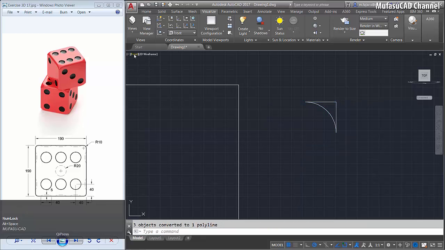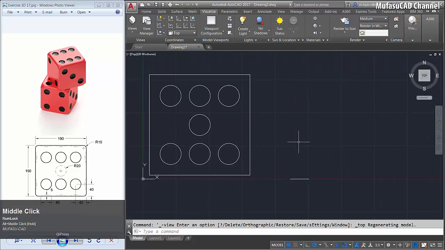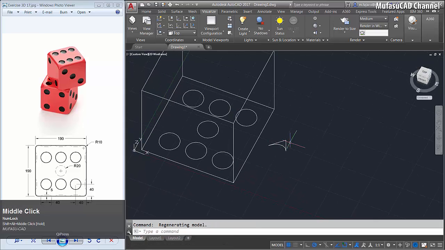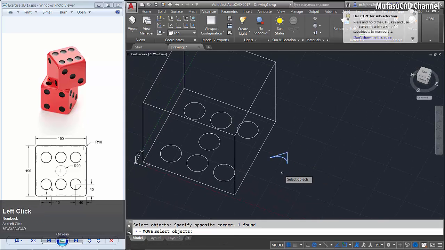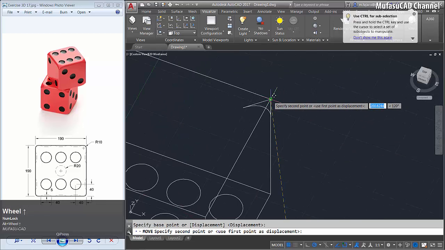Okay, and then I will change into top view, and we rotate this object from this point about 45 degrees, and then I will move this object from this point to this point.